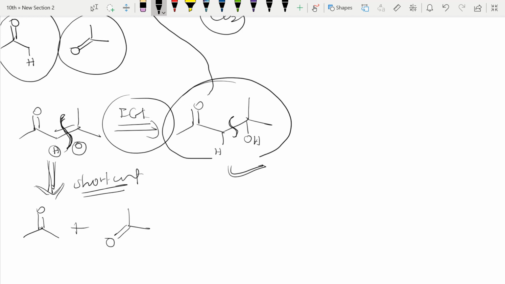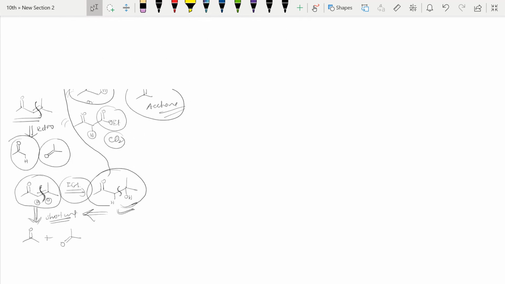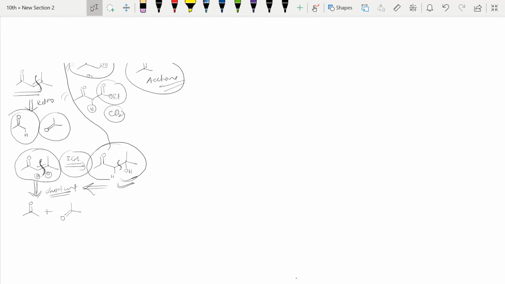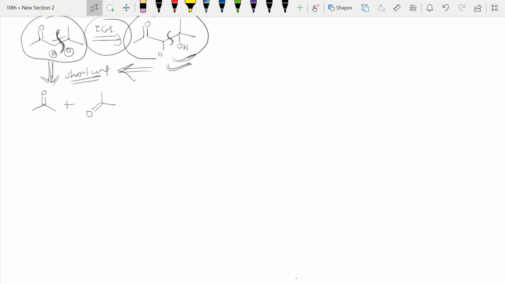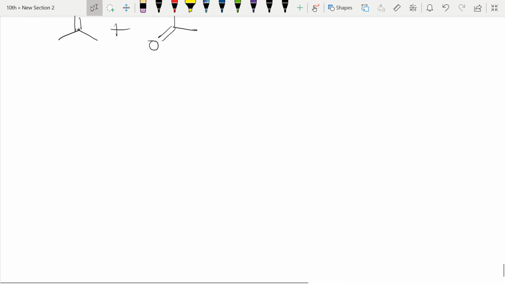If you know basic chemistry, everything is the same, because this compound, if we hydrolyze it, we will get this one, or if we condense it, we will get this one. Both are the same, the only difference is we need to rearrange them, right? I hope you got it. Further, let us discuss a few examples of this disconnection, right? So let me take a few examples.